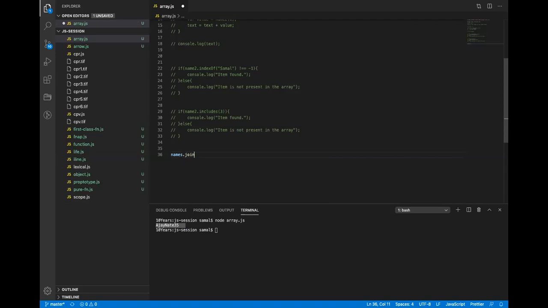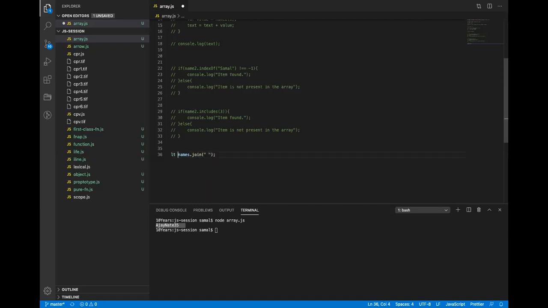So join will convert an array into a string. In join we have to tell the method what the delimiter for joining should be. Either we can say empty space, and it returns a new value, a new variable.